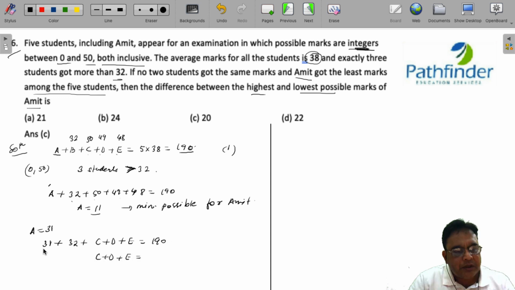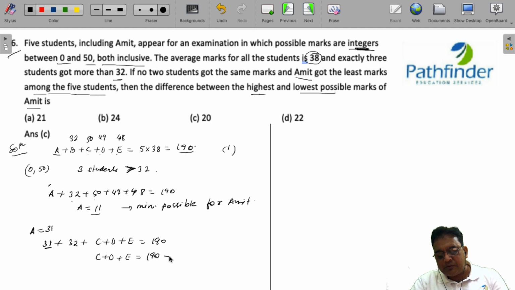So C plus D plus E. Now I have assumed that the maximum possible that Amit can get is 31, and he indeed can get 31 as the maximum possible. So the remaining 3 will get 190 minus 63. So C plus D plus E is equal to 127. So can all of them get more than 32 marks? Easily. So we can have a situation where